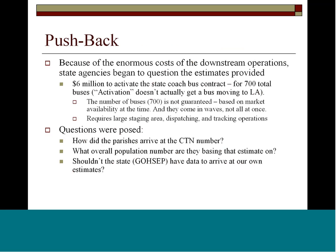And in this past year, a lot of state agencies began to push back on that method, saying, gee, there's got to be a better way to do this rather than just asking the locals to guess at these numbers. And a big driver of that was the cost implications of those numbers. And I'm showing you just a small example, just to activate the state coach bus contract, which is the primary